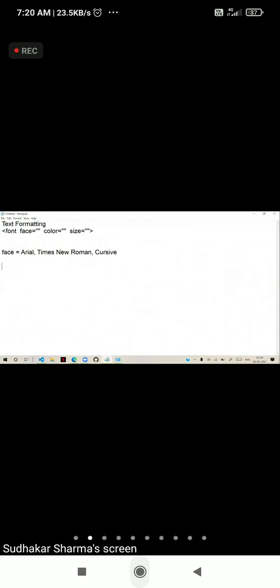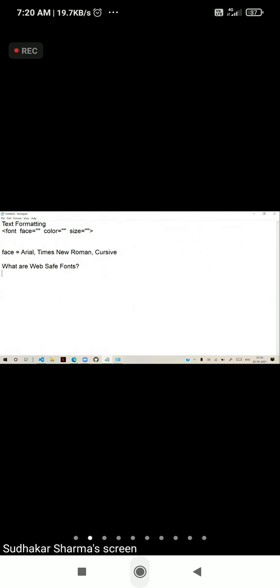The question is nothing but, what are web safe fonts? Web safe fonts. That means if you are applying a special font and that font is not recognized by the browser, then which font by default will it use? What are the web safe fonts?